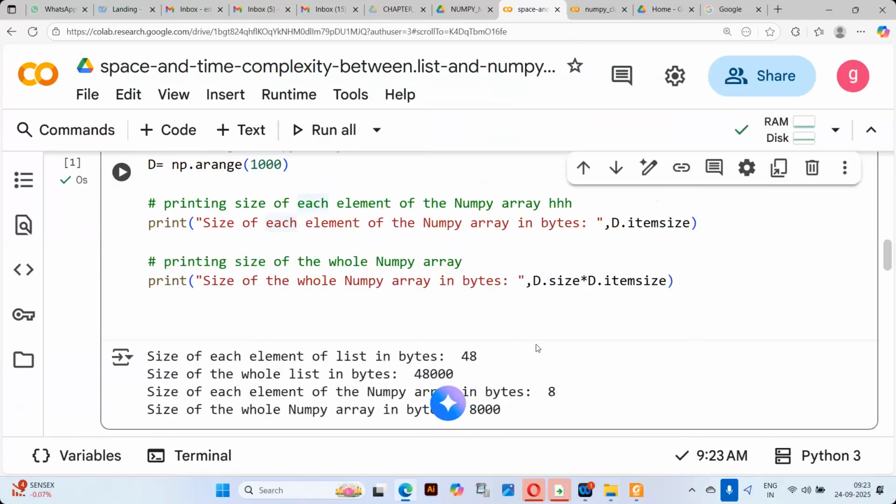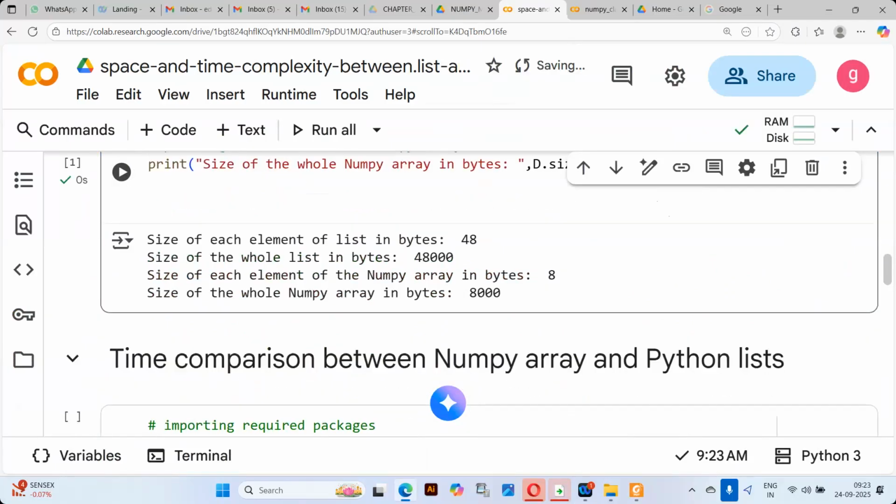Yeah. So please clearly observe here. Each size, if we allocate the memory through the list, will occupy 48 bytes. See, I'm not the decision maker. This Python interpreter itself is allocating it. 48 bytes will be